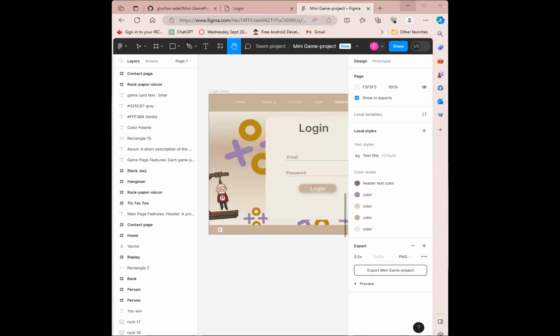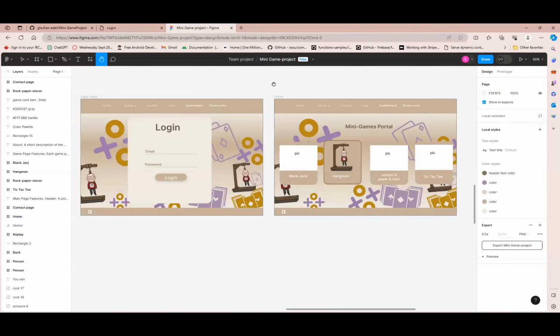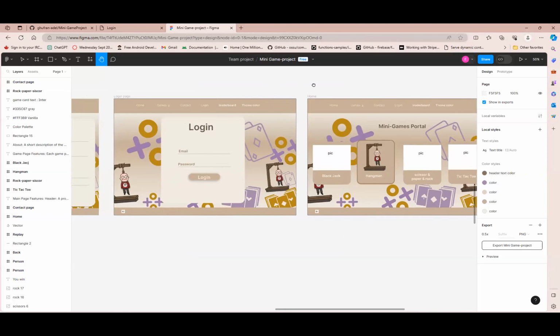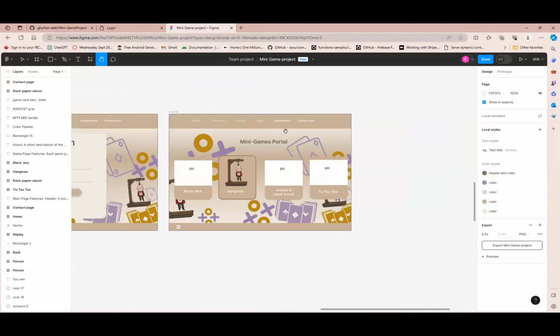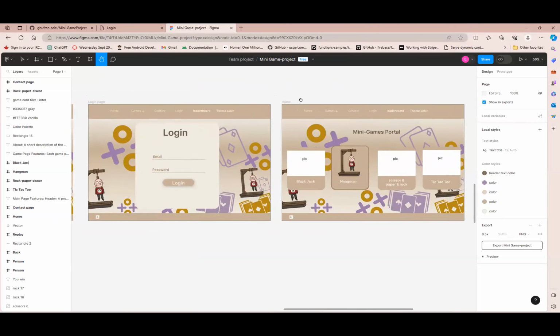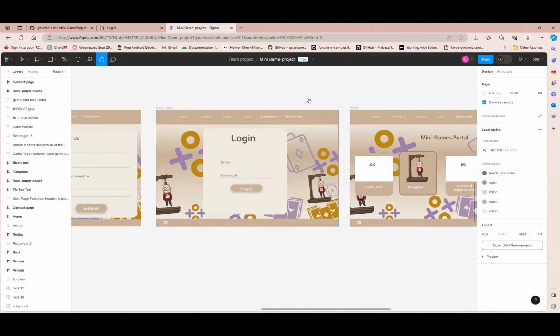So my name is Isra, and my role in the project specifically was designing our prototype. With the help of Ghufran, we decided on the colors, and I designed the background to match our mini game theme. I designed the cards too. It's not up here, it's in the live one, which I'm going to show in a bit.